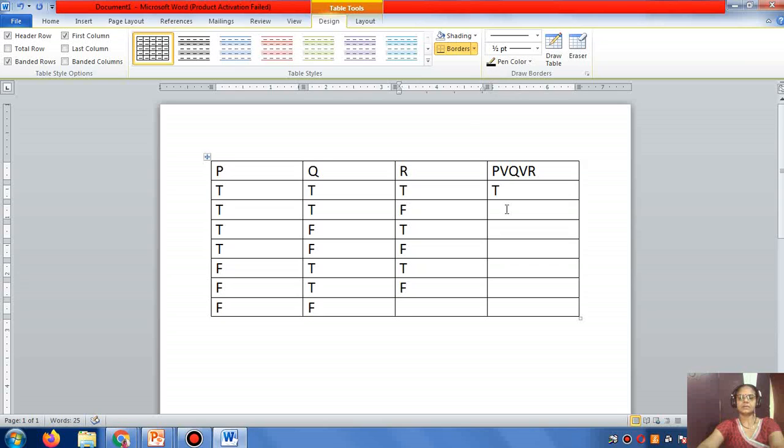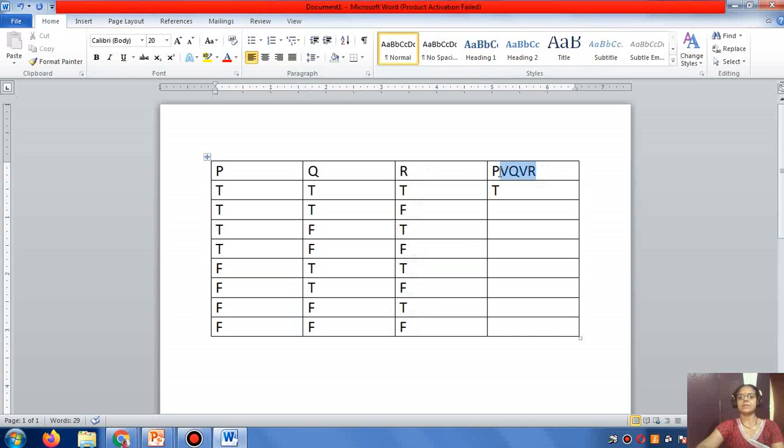Last class I told you how to create the table. Let's see again. There are four true, four false, then two true, two false, two true, two false, then true, false, true, false, true, false, true, false. This is how you construct a table.